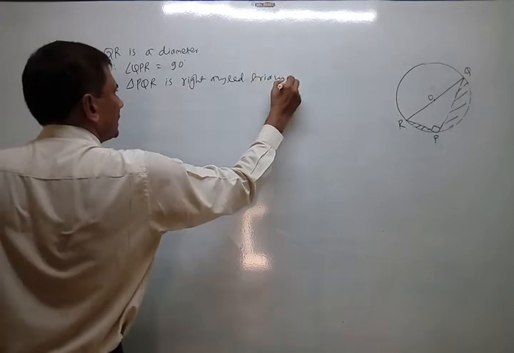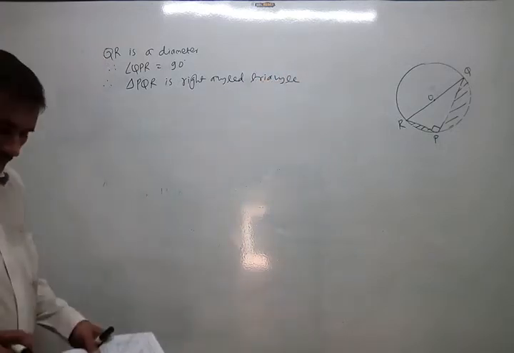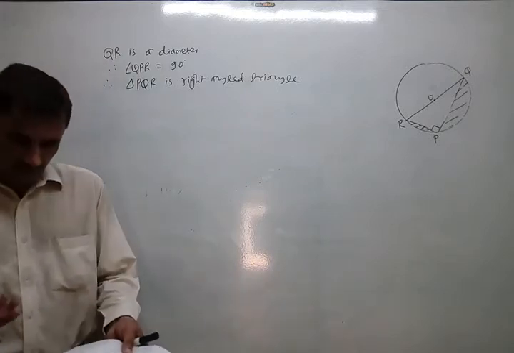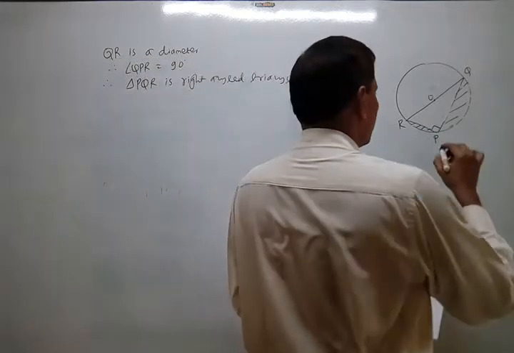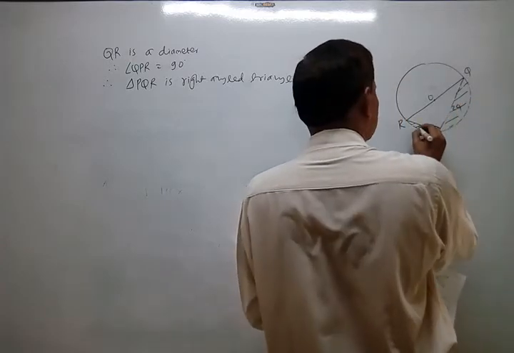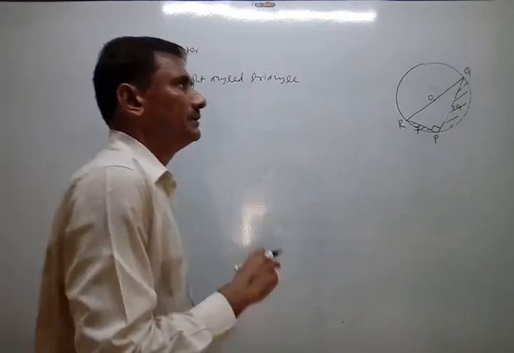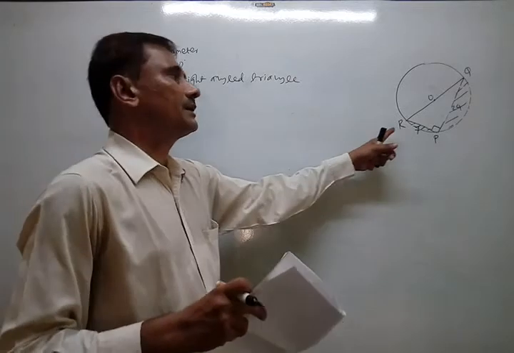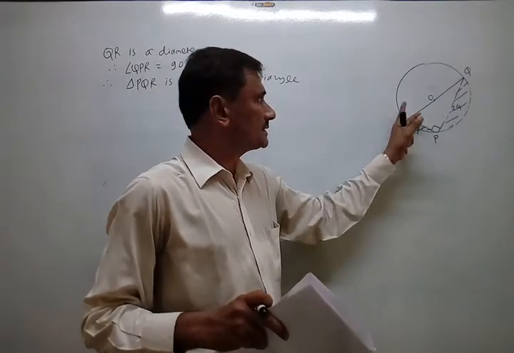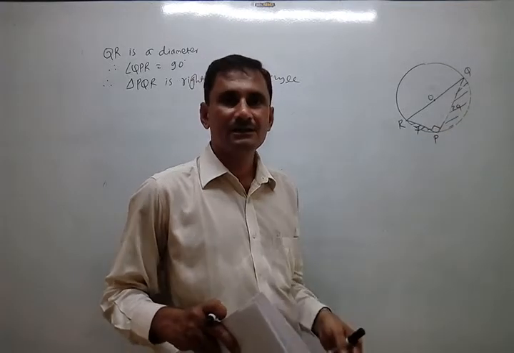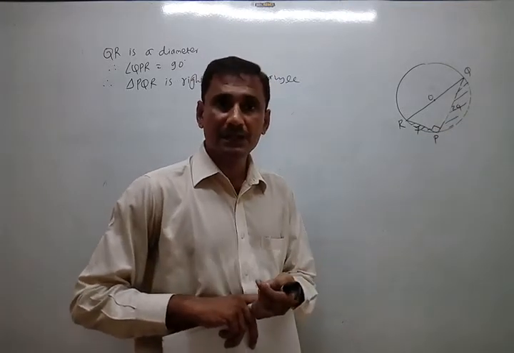Okay. In a right angle triangle we can use the Pythagoras formula. Two measurements are given: PQ is 24, PR is 7. And we can find QR. Why? Because first of all, just look at how we are going to find the required part. Where is it? That is our first thinking.